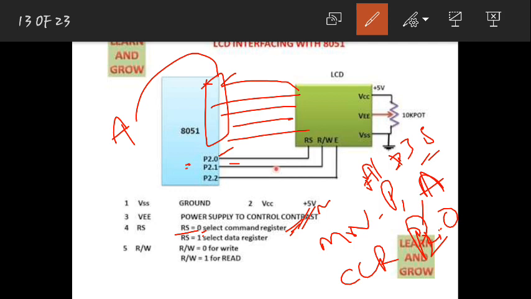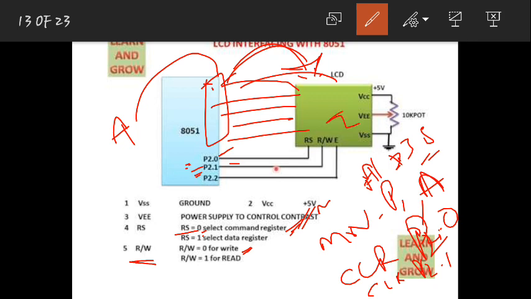After that, next I should enable this, high to low. One more thing here: this command I am writing onto the LCD. I am not reading from the LCD, I am writing onto the LCD. So write means I should make R/W equal to 0. This R/W is connected to P2.1, so I should clear P2.1.